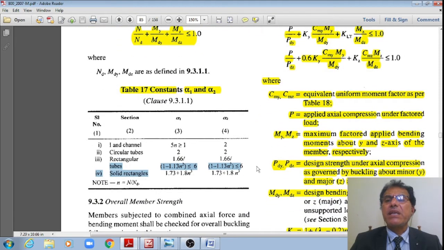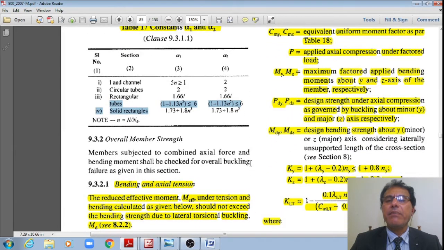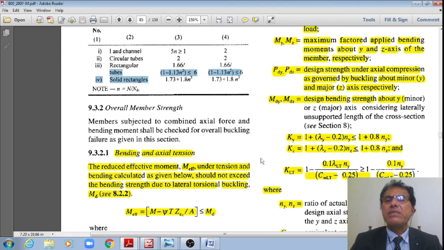P is equal to the applied axial compression under the factored load, My and Mz are the maximum factored applied bending moments about the Y and Z axes respectively, and Pdy and Pdz are the design strengths under axial compression as governed by buckling about the minor and major axes respectively, and Mdy and Mdz are the design bending strengths about the minor and major axes respectively, where Ky is equal to 1 plus